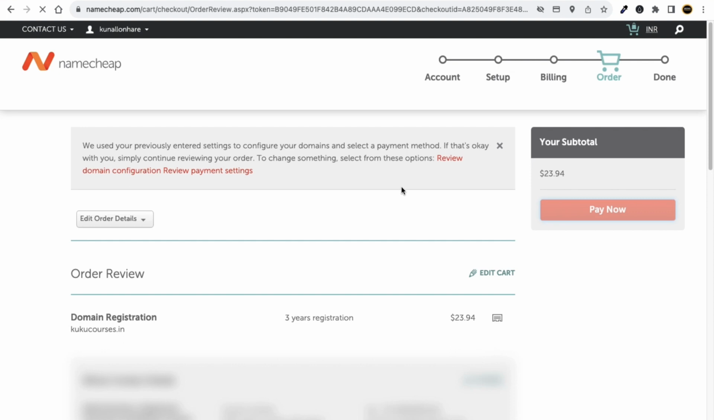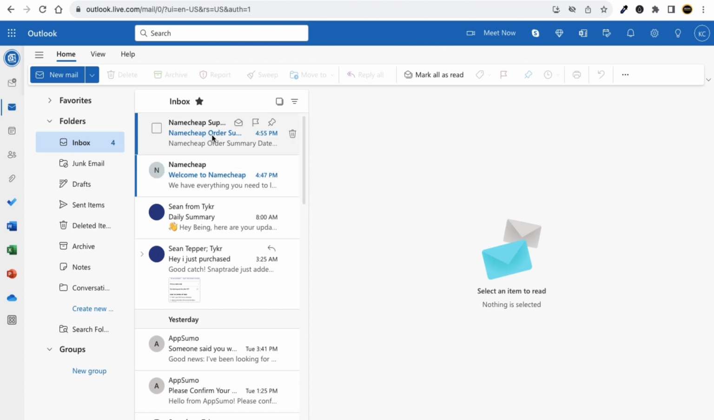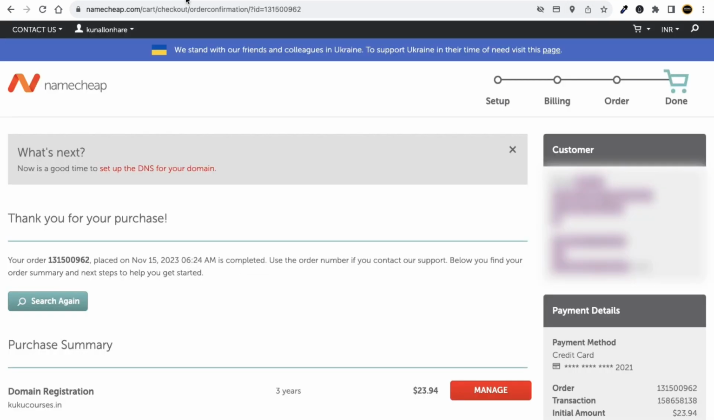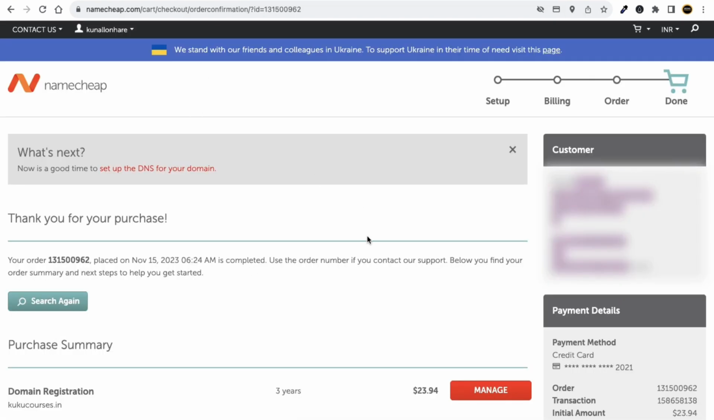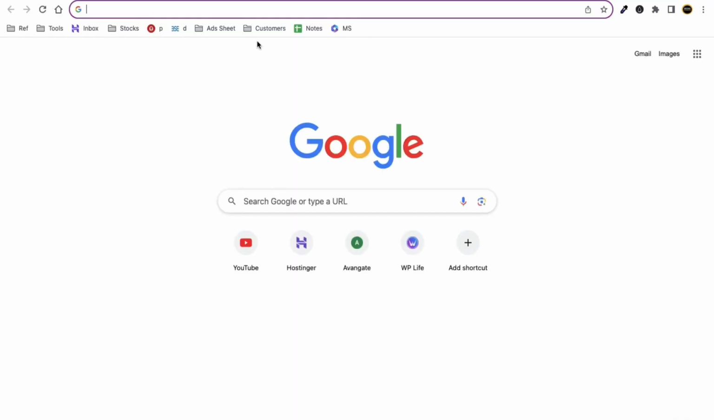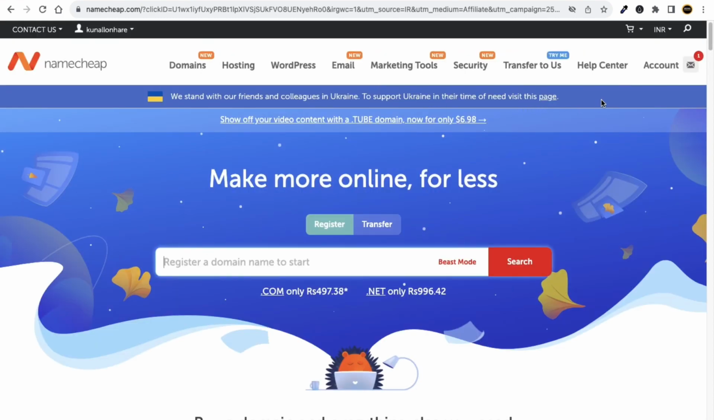Okay, so you can see that you have successfully purchased your domain name. And on your email you will see the notification that you have purchased it successfully. Whatever email you have used, on that email you will see this notification. And now you can manage your domain from here, or if you want to see this option again, just go to that link my-link.in/namegym, and after you come here on this website,